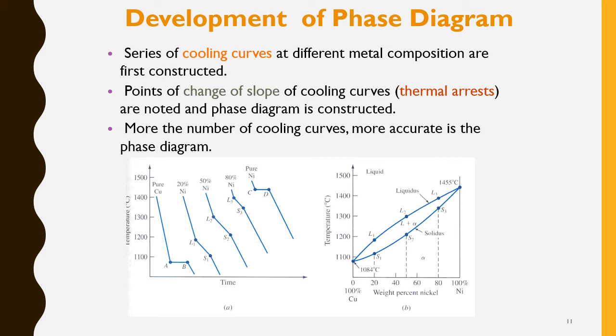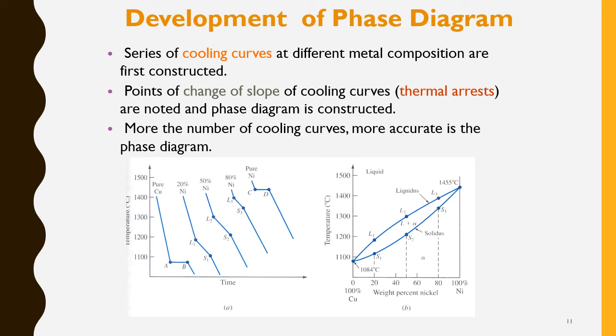Development of a phase diagram. So as you can see, a series of cooling curves can occur at different metal compositions, and the point of change of each slope of the cooling curve will construct the phase diagram. For example, if you have pure copper over here, we know that the temperature for the pure copper to become solid is actually from A to B. But when you add 20% nickel, the freezing time begins and the freezing time ends have actually